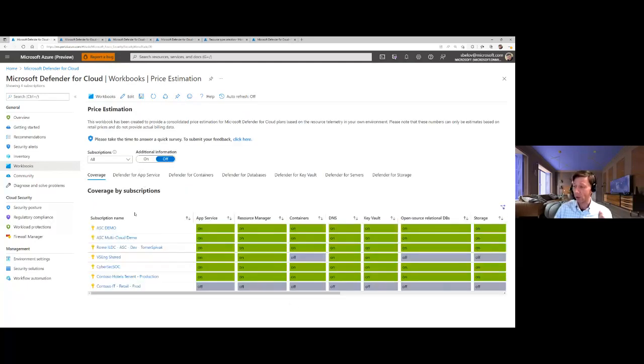This is, I must say, a huge accomplishment. I want to give a huge kudos to Future, who has been leading this effort from our side. This is the price estimation workbook, which I personally find very useful in my conversations with my customers, because